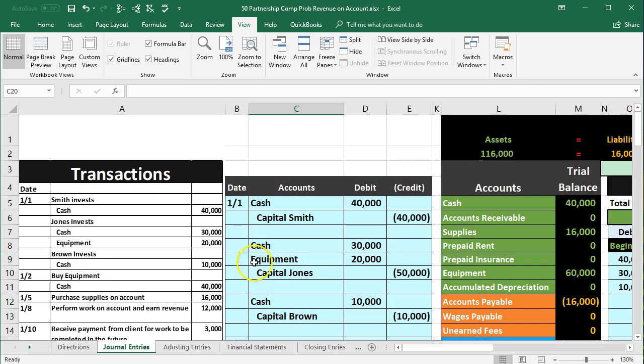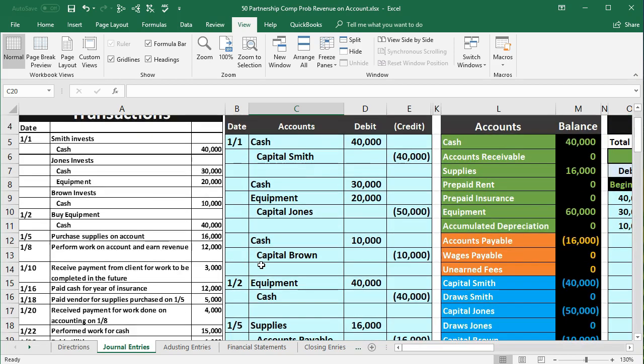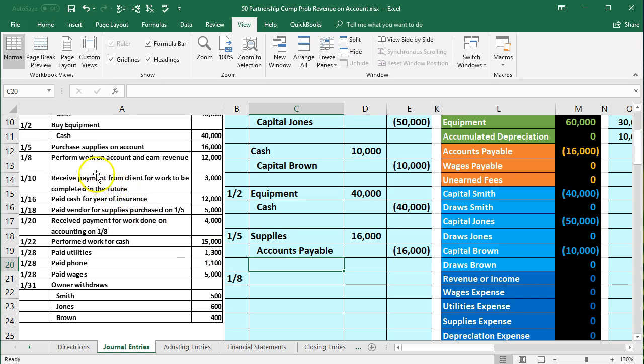In this presentation, we will continue on with our comprehensive problem, this time recording the performance of work on account